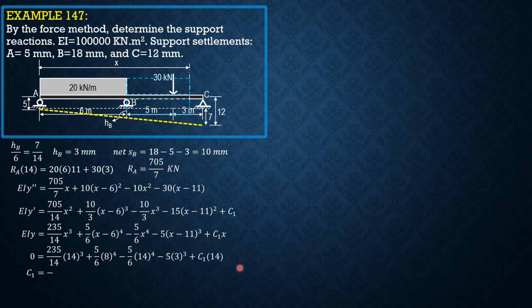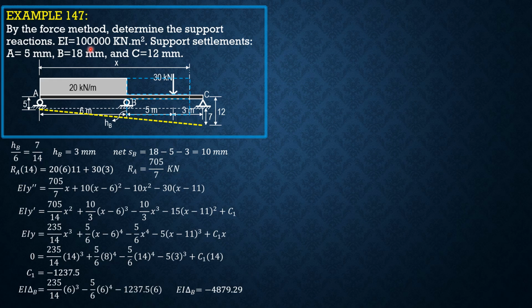Solving for c sub 1 equals negative 1237.5. Knowing c sub 1, we can now solve delta B beyond this yellow dashed line. So EI delta B equals 235 over 14 times 6 cubed minus 5 over 6 times 6 to the fourth minus 1237.5 times 6, c sub 1 times 6. So EI delta B equals negative